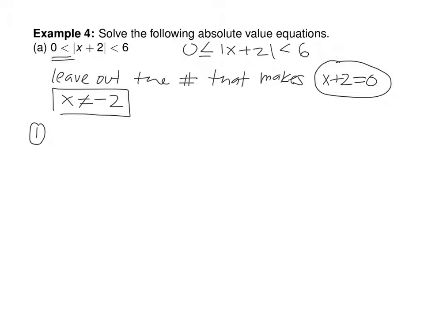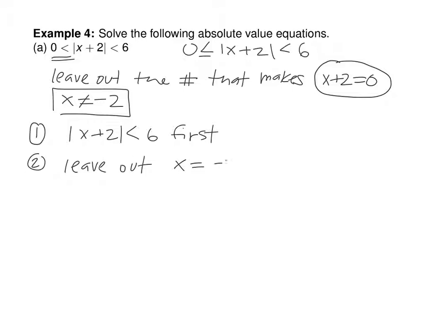And for example, you could remove the absolute value bars, then subtract 2 from both sides, so it'll give you -2. Oh, I see what you're saying. Yeah, that doesn't give you the entire picture. So what you need to do, I was going to write those steps down, is solve x plus 2 less than 6 first, like we did in the previous problem. And then your second step is to leave out